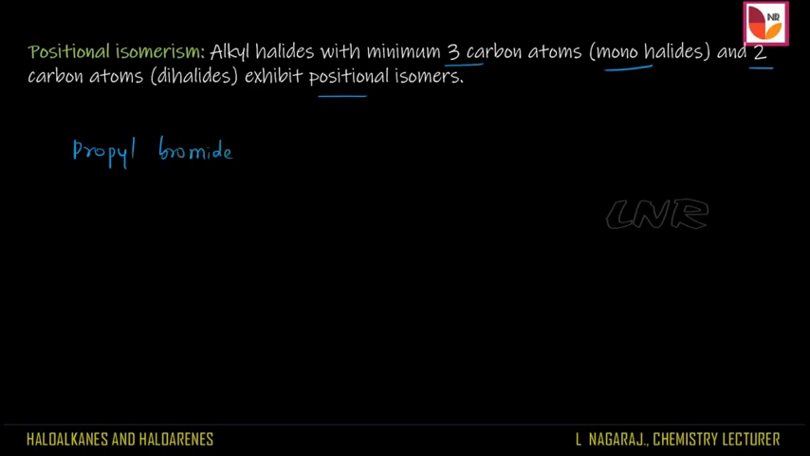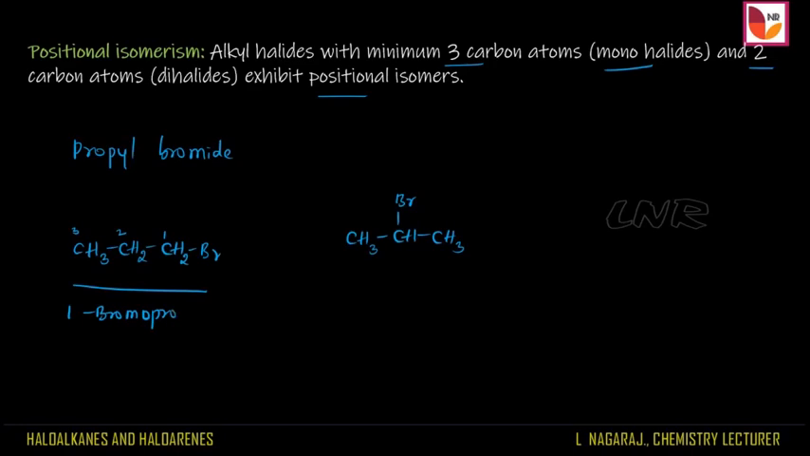So propyl bromide, prop is nothing but 3 carbon atoms, that is CH3, CH2, CH2, and it is Br. So it is called propyl bromide. And the position isomer of the propyl bromide is represented as CH3, CH, CH3, and it is Br. The first molecule is named 1-bromopropane. That is the IUPAC name of propyl bromide for the first isomer, 1-bromopropane,